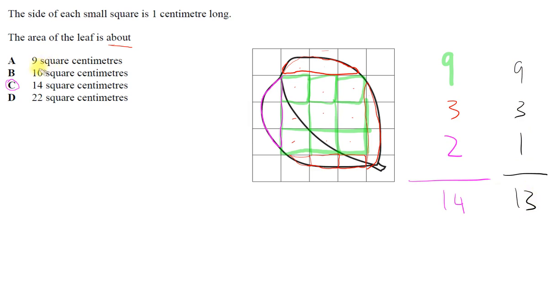Now, although 13 isn't an answer here, you should pick the closest, since we're looking for an approximation. We're looking for the area of the leaf is about how much. So, if you got 13 as your answer, you should also have picked C, because that is the closest option for the answer that you calculated. So the answer here should be C,